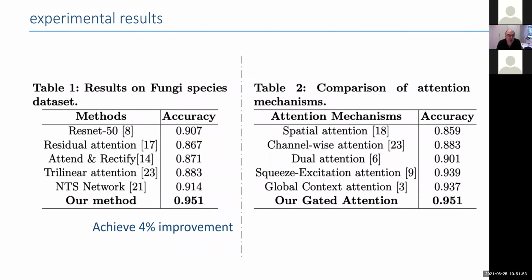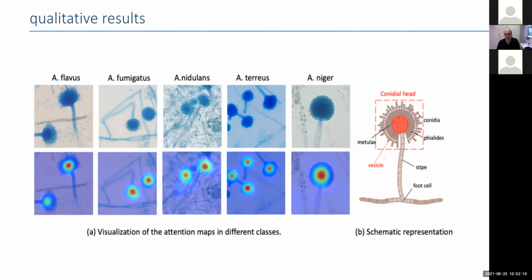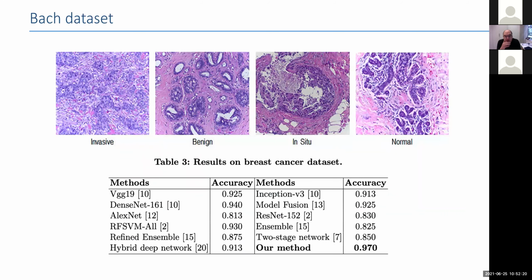And this is just for reference. This is how it was compared on the fungi data set with other networks. And at least at the time, this was a very attractive and also well-performing method. And you see here that we can also link the attention maps with the semantic interpretation of the specimens. And the interesting thing is then we